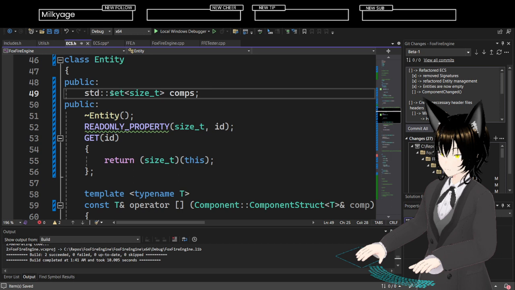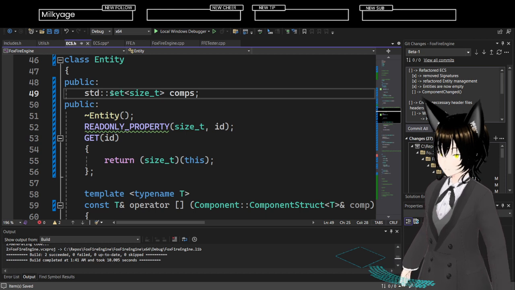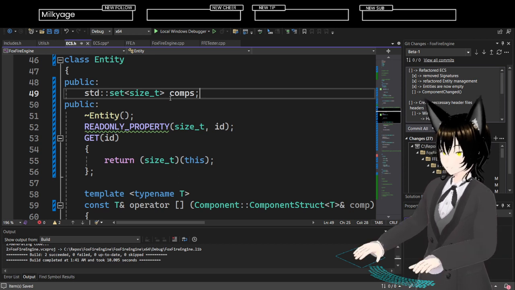Probably 24 bytes per item, because it's like 3 pointers, right? Because it's like a doubly linked list.